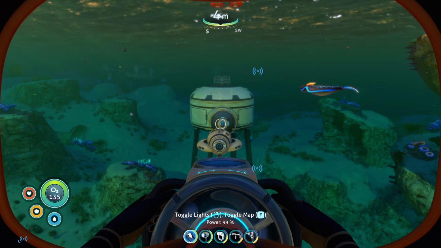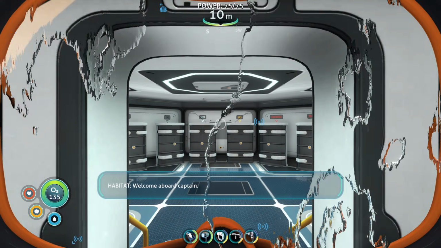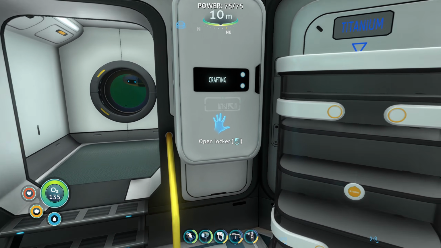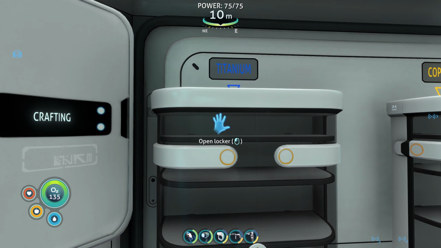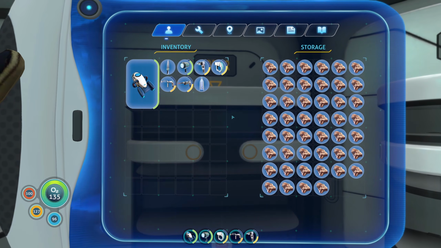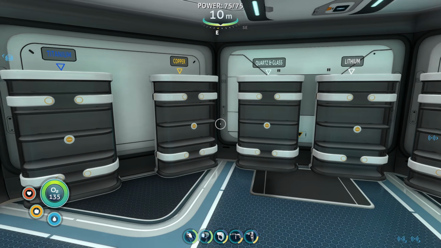And over here, in our storage room, be prepared. Because we have 1, 2, 3, 4. 4 times 5, that's 20, 24 titanium ingots, 2 plasteel ingots. The titanium chest is full of titanium. The copper chest is almost full of copper. I don't think there is any copper left in this world, so...